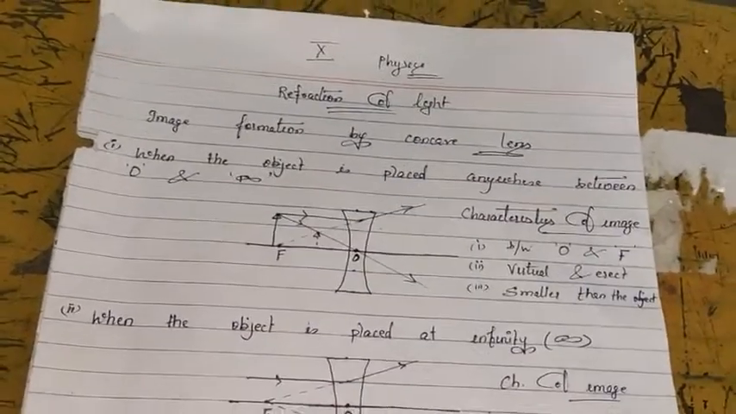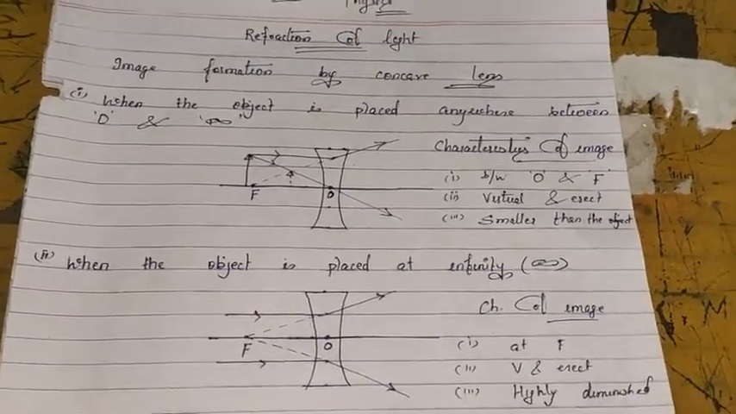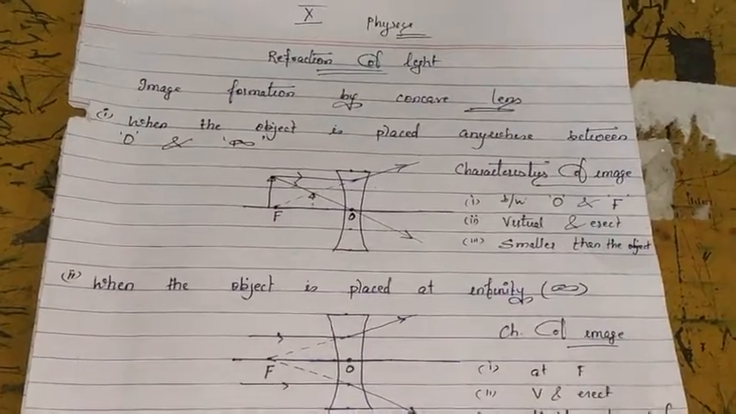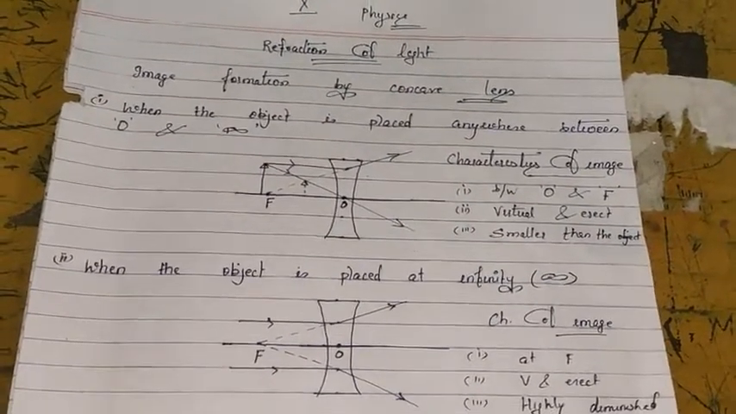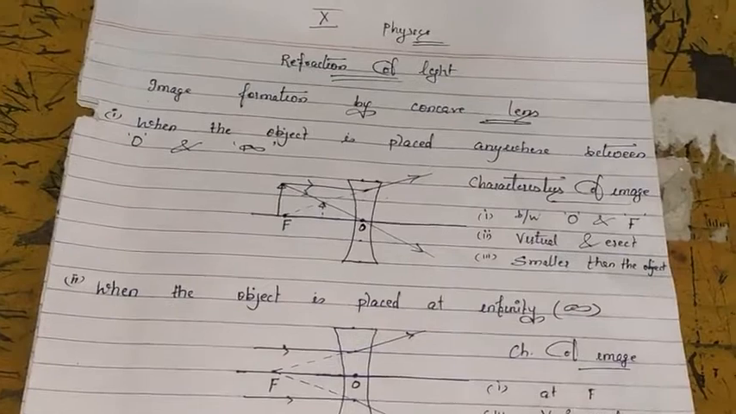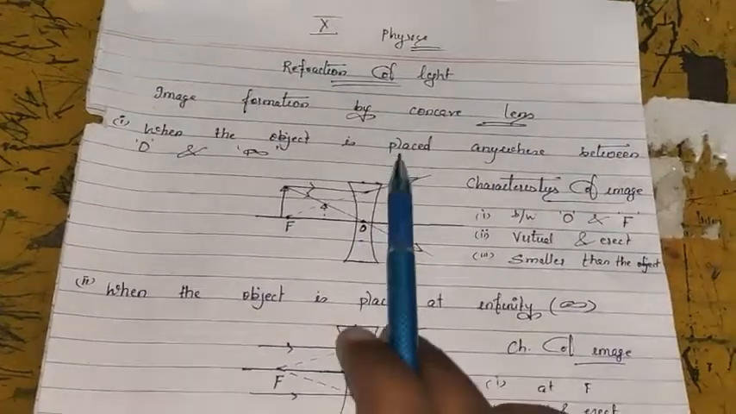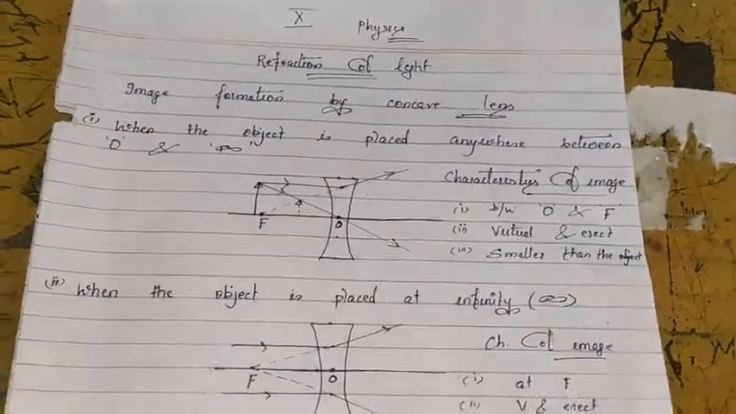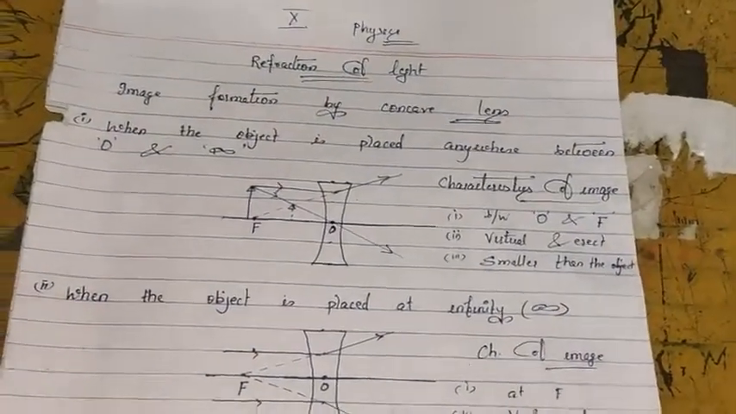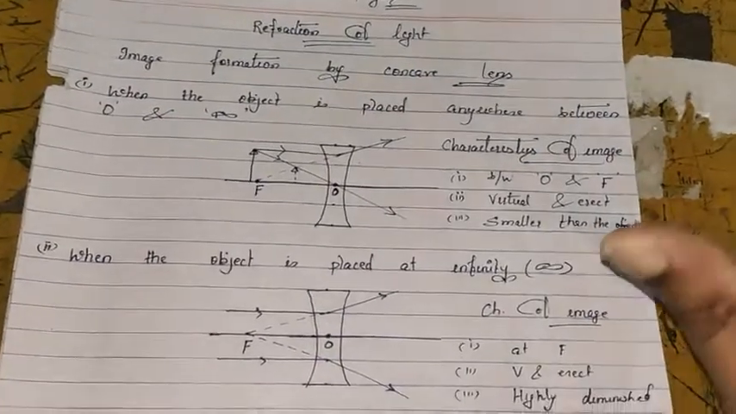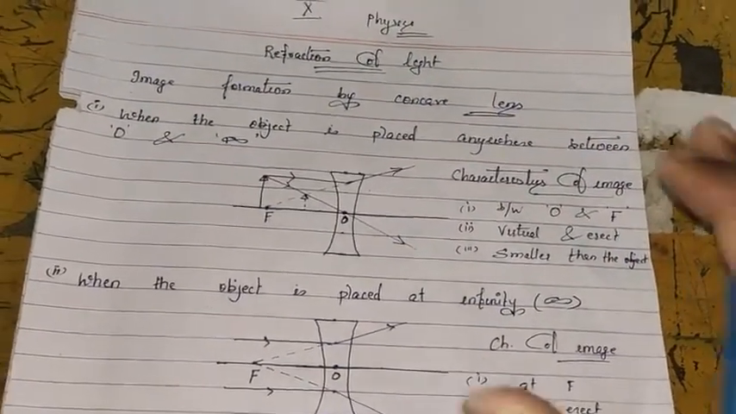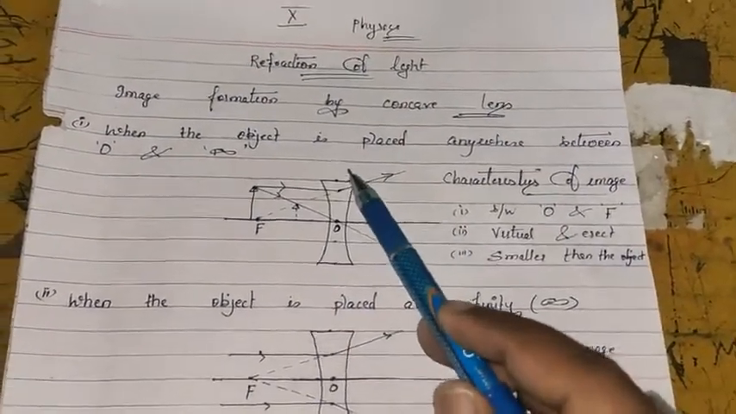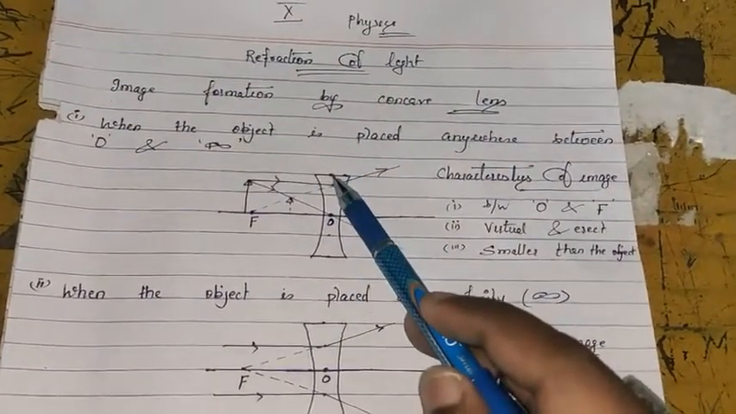First one is when the object is placed anywhere between optical center and infinity, and in the second and the last case, the object is placed at infinity itself. So when the object is placed anywhere between optical center and infinity, then how image is formed, which type of image is formed, what are the characteristics of the image so formed, that we will have to discuss in this particular video. So starting from the diagram,